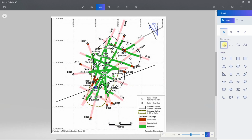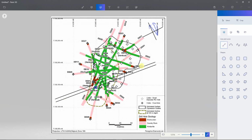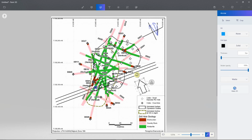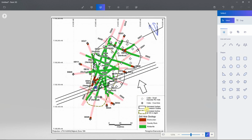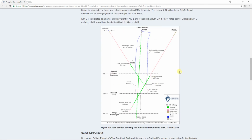Okay, so we can do one on each side. These are all just approximate. There we go. And let's do one more. There. Okay. So now we know, if I draw a little arrow here and I rotate it, if you're looking at the data, this is the angle you're looking at, and you're looking through this section here, and that is trying to emulate this. Okay, so